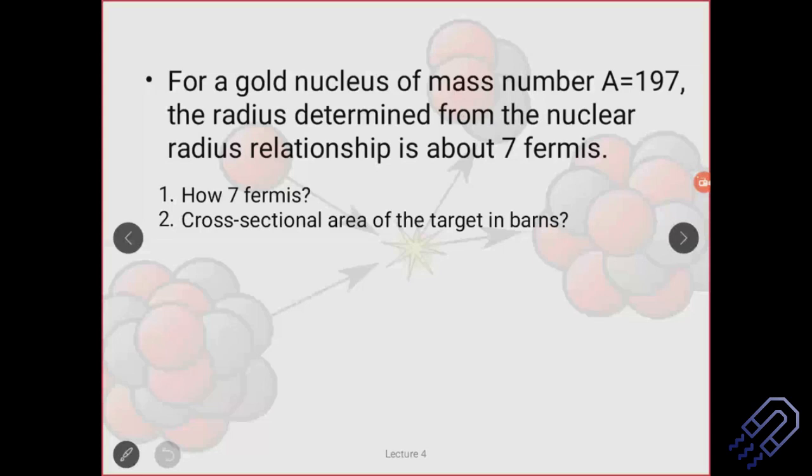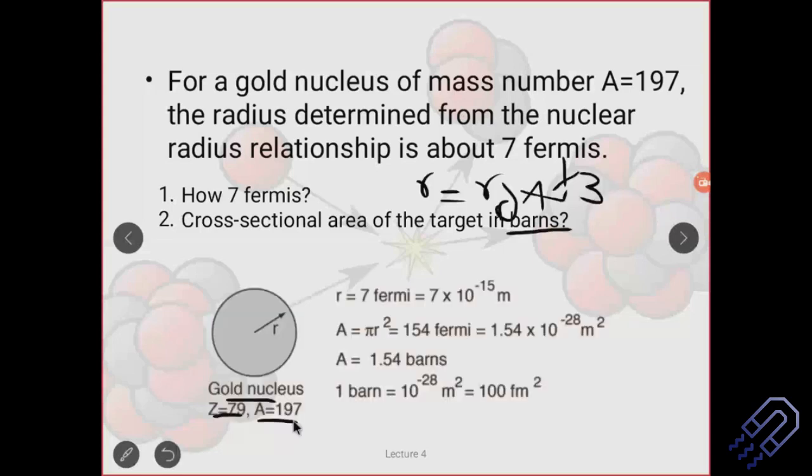You basically have a gold nucleus, and you know the number of protons is 79 and the mass number is 197. Mass number is more important in terms of nuclei when we consider the radius and also the volume, because the nucleus has protons and neutrons and both have masses, so both play a very important role. When we consider the radius, we get it to be 7 fermi. Just convert it: 7 into 10 to the power minus 15 meters. We want to find out the area, which is the cross-sectional area.